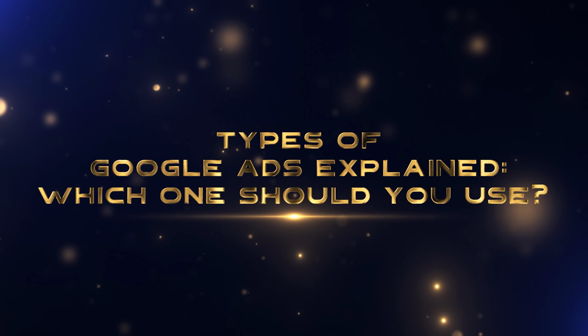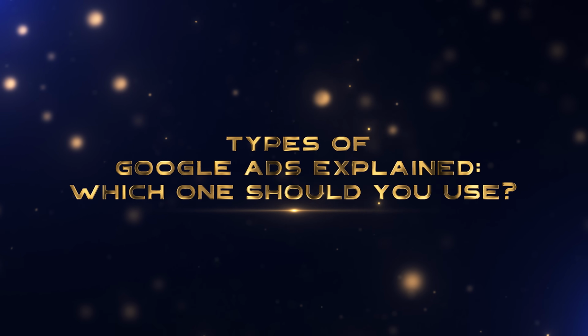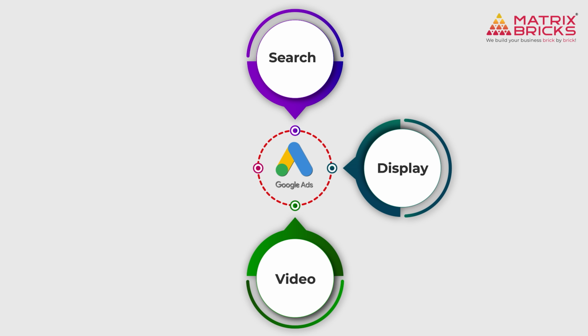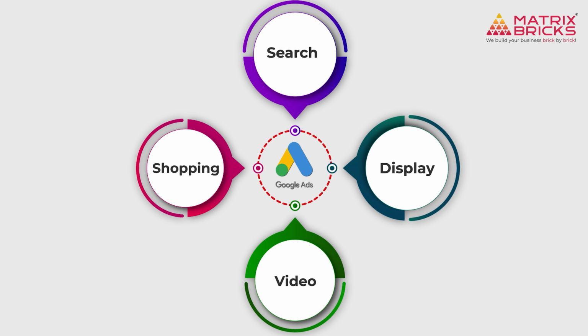Types of Google Ads explained. Which one should you use? Ever search for something online and suddenly those products or services follow you everywhere on YouTube, blogs, even in your inbox? That's Google Ads. But with so many types, search, display, video, shopping, how do you know which one actually